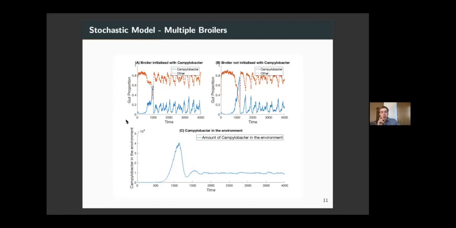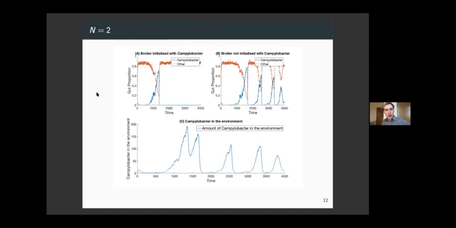So I'm going to show you some graphs here where the bottom plot will be the Campylobacter in the environment, and on top we'll have 2 random chickens from this flock. And see what happens here. Specifically, I'm going to vary the number of chickens that you might have in a flock. If I get myself a barn and I put just 2 chickens here, and I inoculate them both with some Campylobacter, this is what we see here.